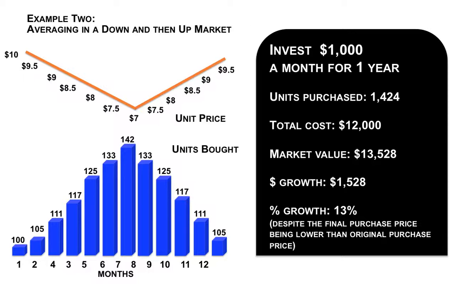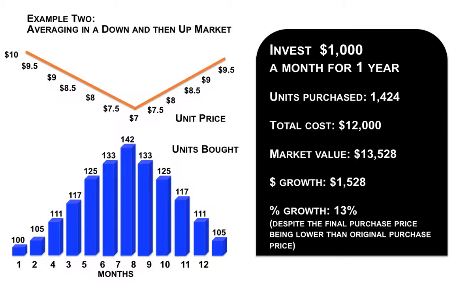So what's happening over this period is, as we continue with the discipline, and it is a discipline where our emotions must not take part, we continue to buy into the fund. As the price drops, we start to accumulate more and more units as the price continues to drop. Now this, in the long term, is a very good thing. Then, as the price starts to recover from month 8 onwards, we continue with the discipline, and the actual units that we're purchasing start to decrease over time.